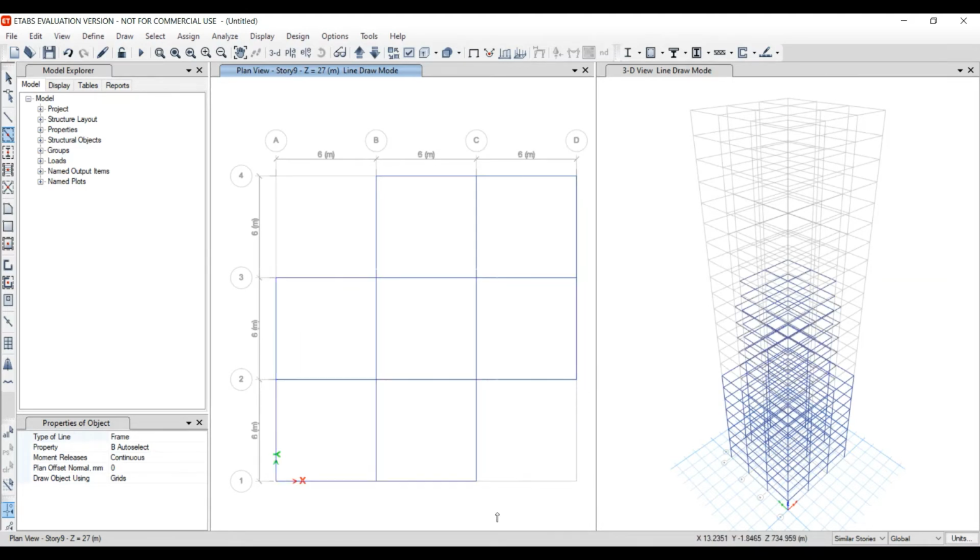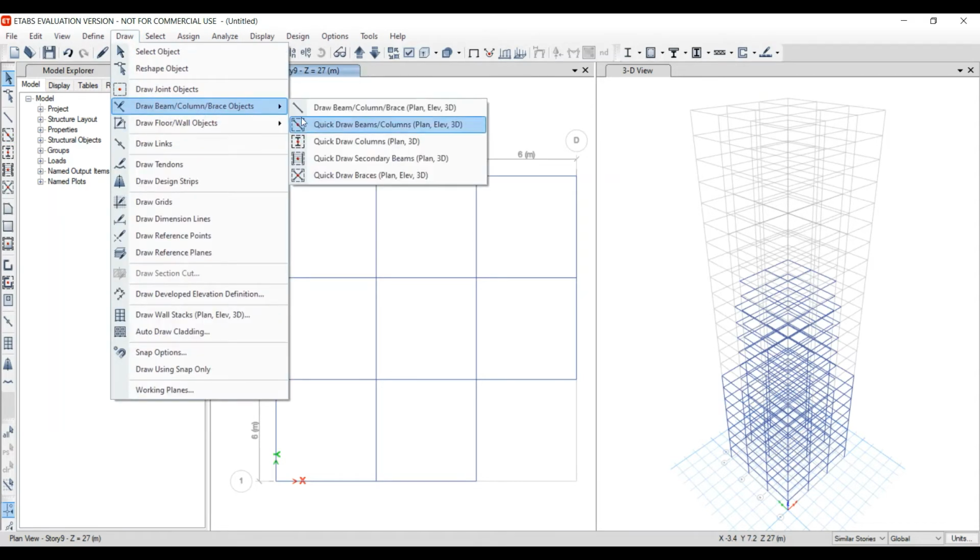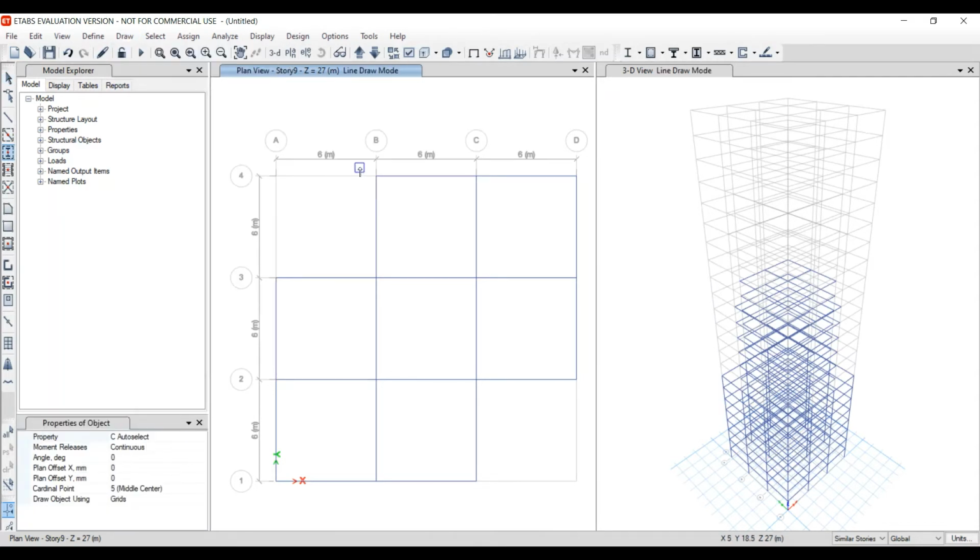Select this area and this area. Make sure the property is B auto select. Then we have to draw the columns. Select draw beam column braces, quick draw columns. Make sure the property is C auto select. Then select the area. The beams and columns for the stories between 9 and 14 are drawn.